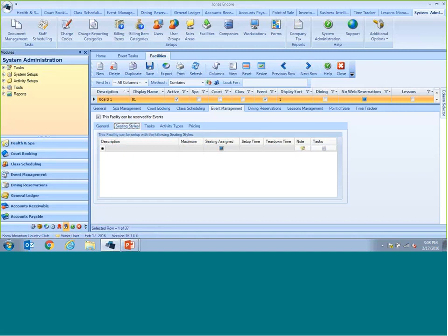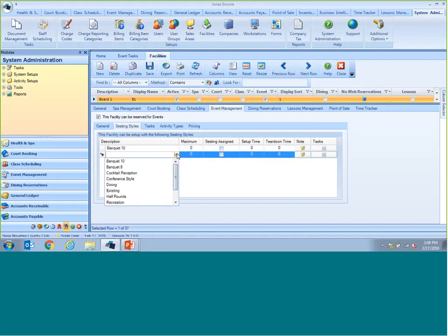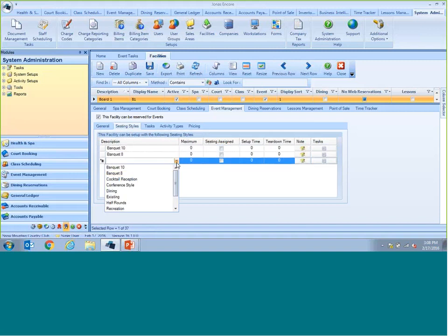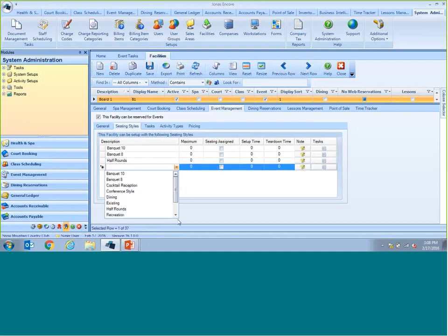Here's where we attach the seating styles. So you would pull this down and you would say in the boardroom I could have banquet of 10, banquet of 8. I could also do half rounds and a U-shape. Okay? Seating assigned means that these seatings are eligible for club events, and that will be discussed